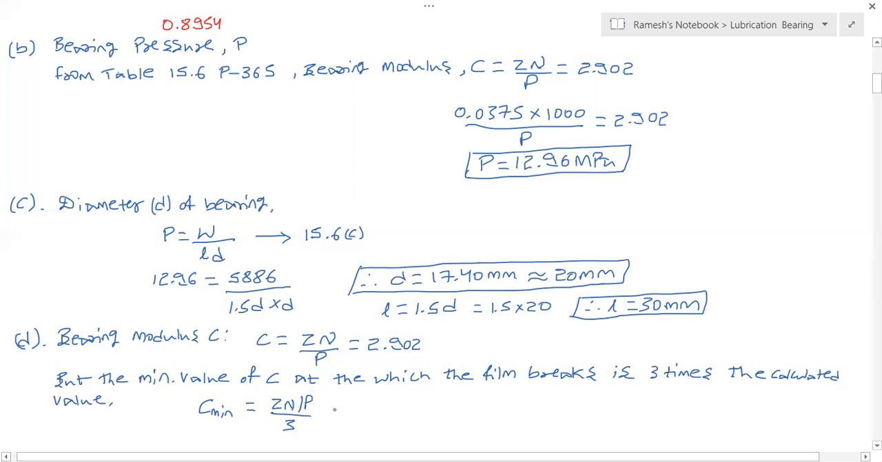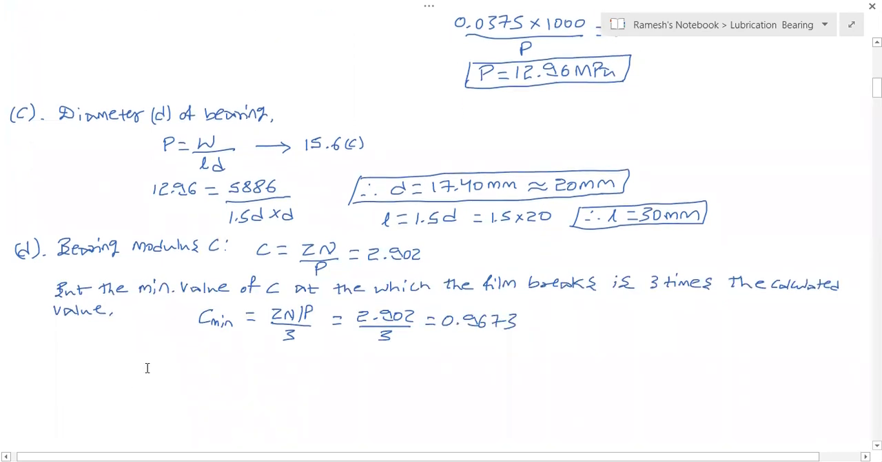Substitute the value of C, that is Zn by P, which is 2.902. Either you can write it like this, or C minimum is equal to capital C, that is bearing modulus, divided by 3. It is equal to 0.9673. In this case, since the C value is greater than the minimum bearing pressure, as a result of that,